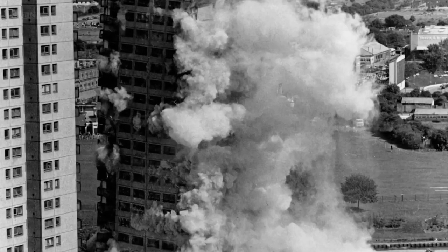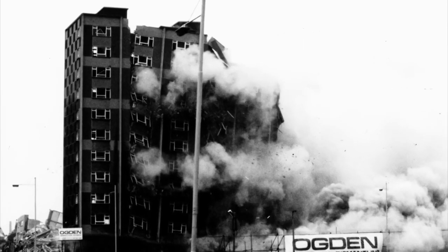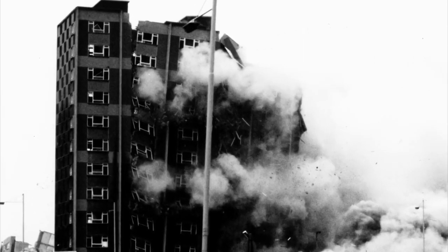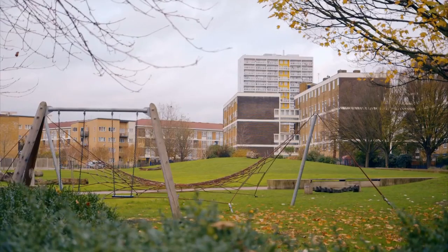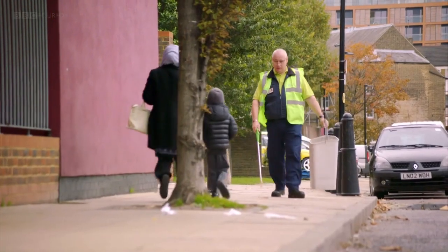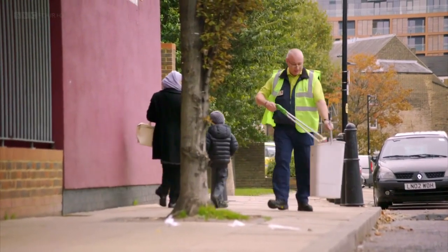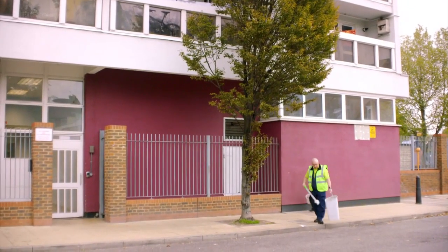In the mid-1990s, many British council towers were demolished, written off as too costly to maintain, too expensive to repair, too blighted by social problems to be saved. The fate of the Lincoln hung in the balance. But at the turn of the new millennium, they were saved by abandoning some of their founders' most sacred